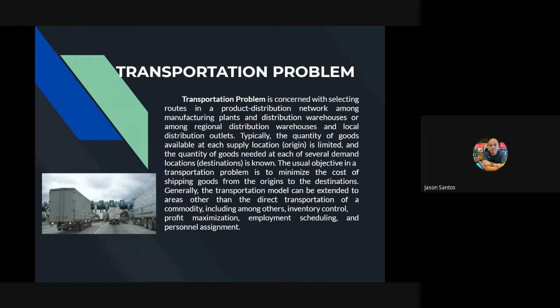costs. Okay, so typically, the quantity of goods available at each supply location or origin is limited, and the quantity of goods needed at each several demand location is known. So we know the demand, and then the supply is also known, but it is limited. So the usual objective in a transportation problem is to minimize the cost of shipping goods from the origin to